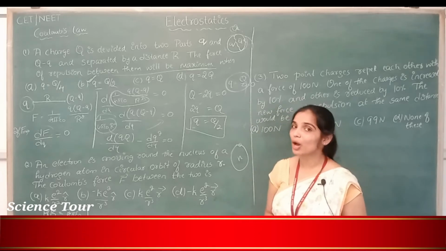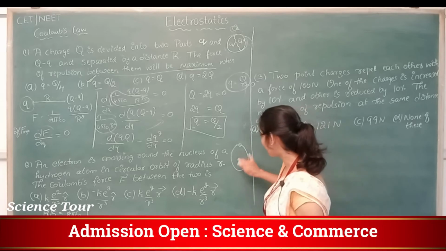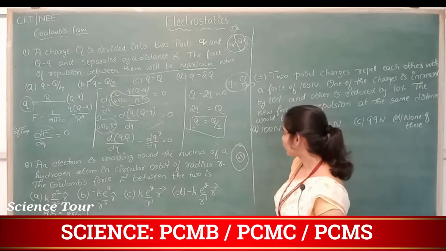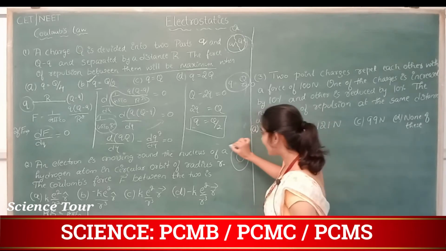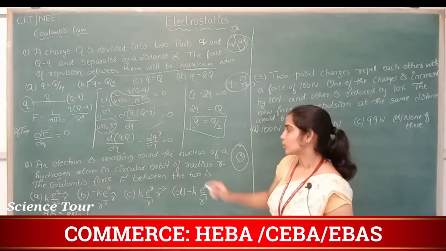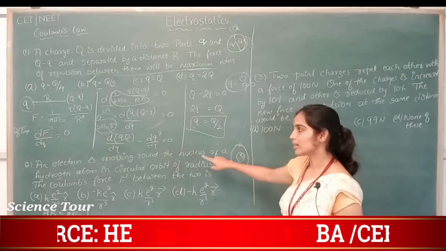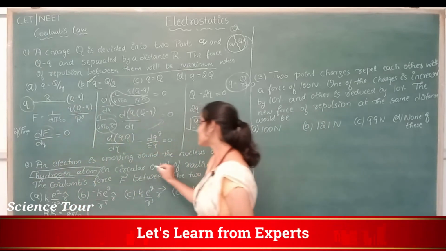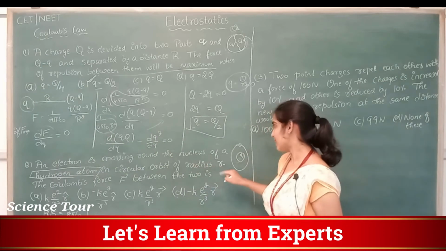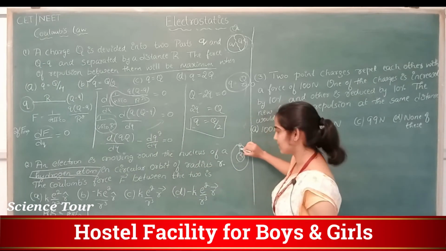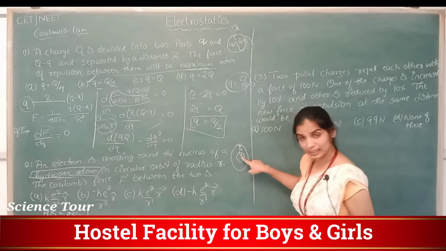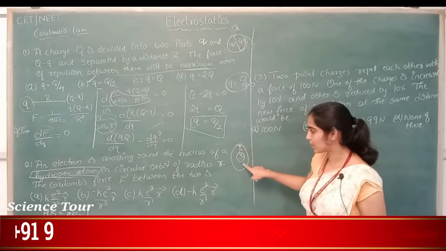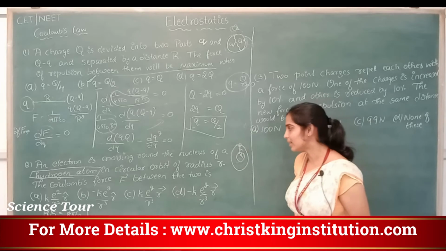In a hydrogen atom, how many protons are there? There is one proton at the nucleus. So one proton is there and one electron is revolving. One electron is moving around the nucleus of the hydrogen atom. You should know that in a hydrogen atom only one proton is there, in a circular orbit of radius r. What is the radius of the circular orbit? R. So if the radius of the circular orbit of the electron is r, then that r is the distance separation between proton and electron. Understood? Okay.